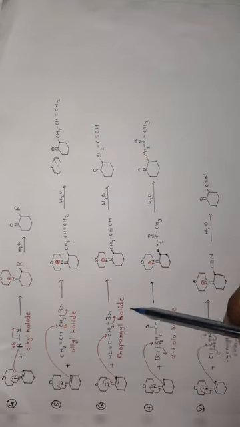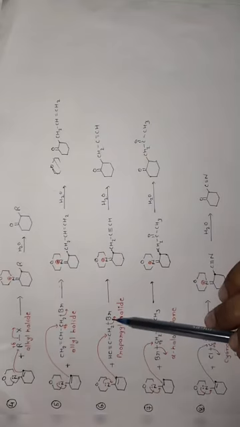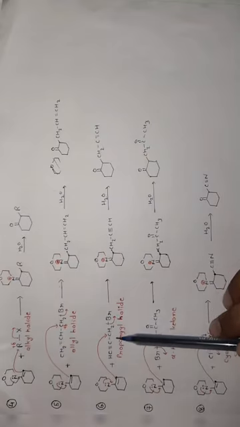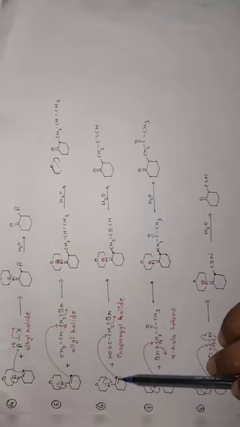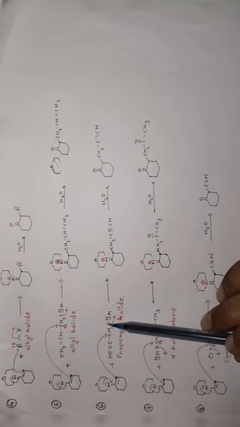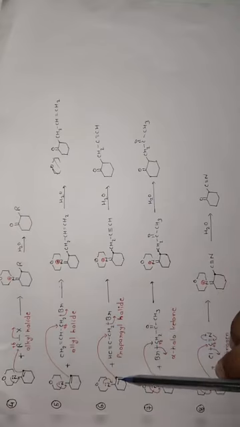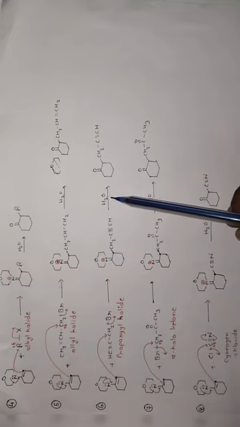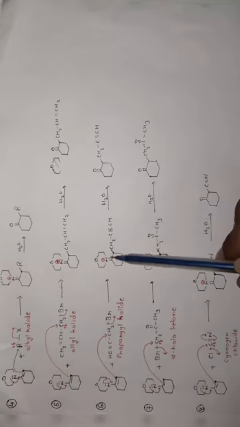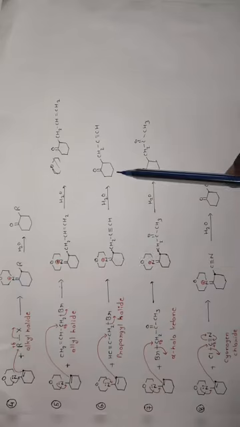In propargyl halide, this Br is more electronegative, so the attached carbon is electropositive. Nitrogen donates its lone pair here, and this pi bond attacks this carbon, and Br is removed. Bond formation occurs between this alpha carbon and this CH2 group. Upon hydrolysis, this bond is broken, and instead of nitrogen we put oxygen over here and we get this final